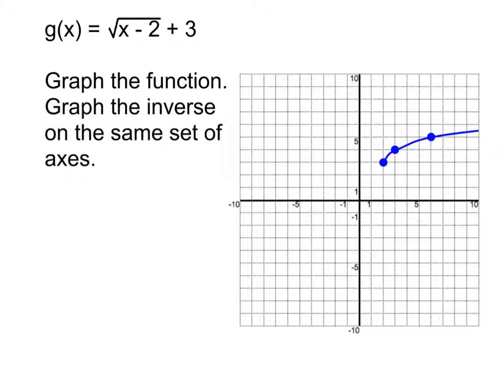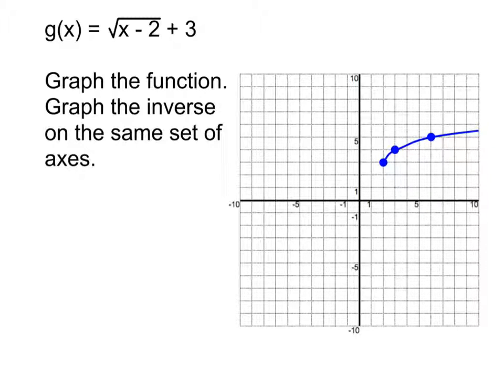Now once I've made that graph, I want to see what the graph of the inverse would look like. Now you've got a couple options for graphing an inverse. One is you find the inverse equation of the original, but I don't want to do that in this case. The other option is you take each of the original points, take their coordinates, and you swap the x